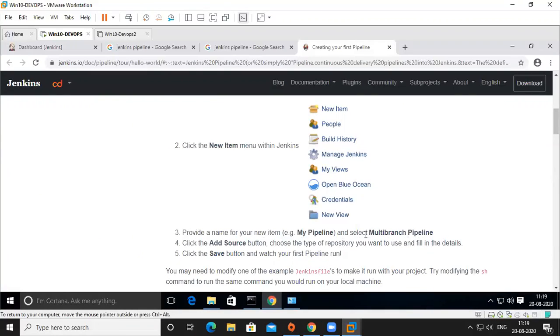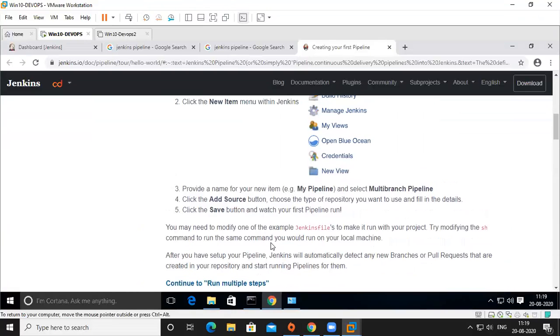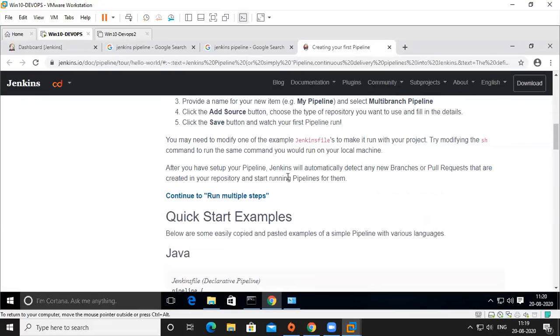We select multibranch pipeline instead of pipeline, click add source, type the repository you want, fill in the details and save. Okay, so the important thing is how to write this Jenkinsfile.